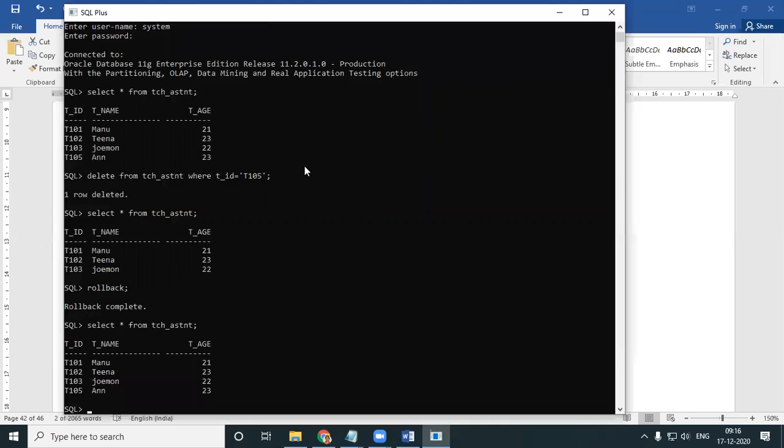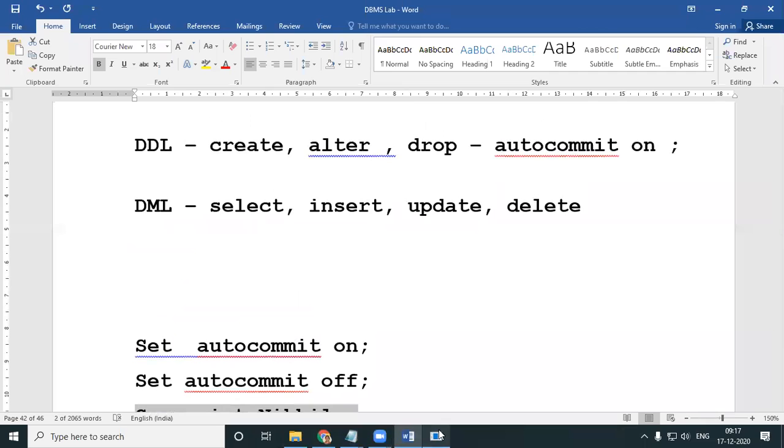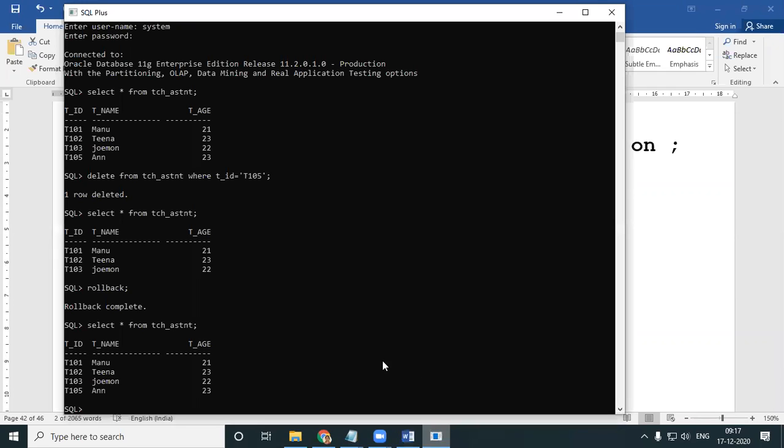Okay, look here. Anne has come back because I rolled back. This is what I told you earlier. When you have your DML statements, the auto commit is by default off. Earlier, it did not work because I had played on my SQL Plus with a few auto commits. Now it is a fresh SQL Plus. I had no auto commit on. So now my rollback worked perfectly.